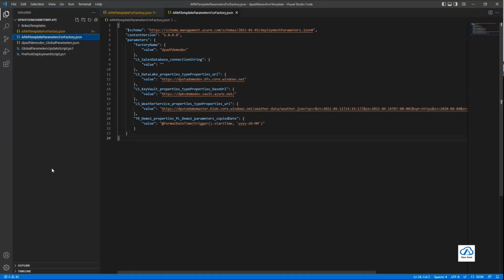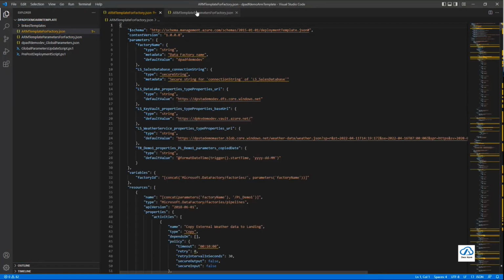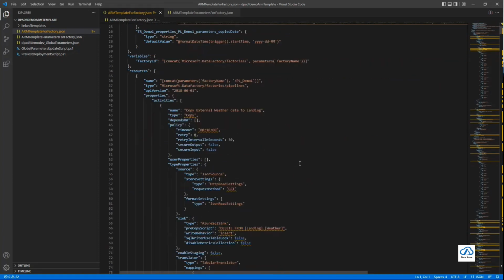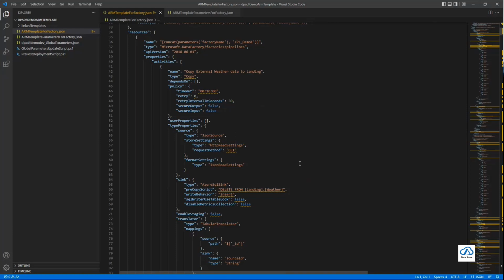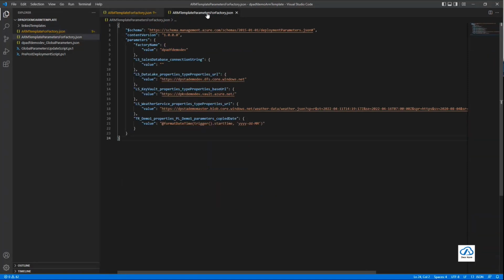Now let me bring up Visual Studio Code, and let's take a look at what the code looks like in here. Okay, so in here, this is the template for Azure Data Factory. Again, this is the compilation of all the JSON components that we have inside Azure Data Factory. And if you happen to define a self-hosted integration runtime, this will be included in here as well, or any other runtime that you create. And the second file is where I want to focus a little bit of time talking about, and this is the